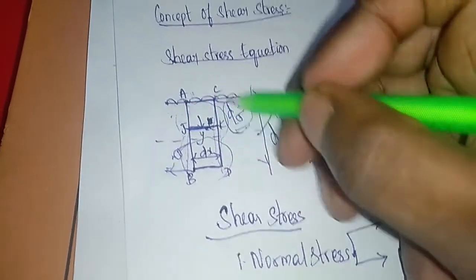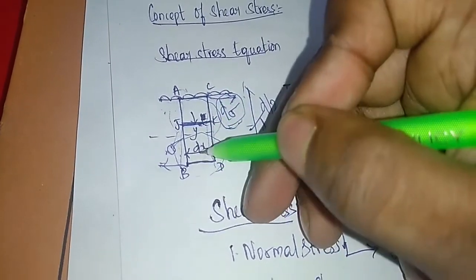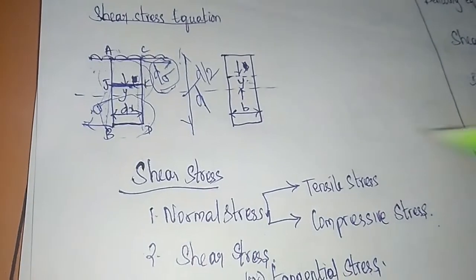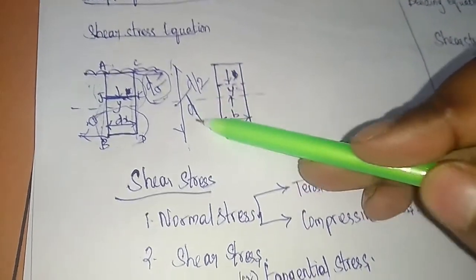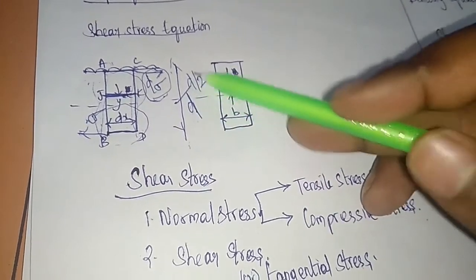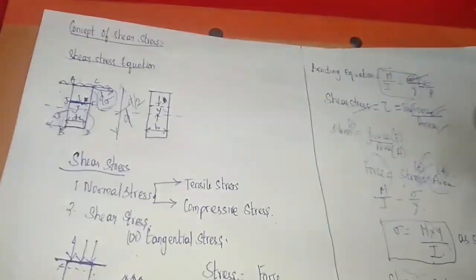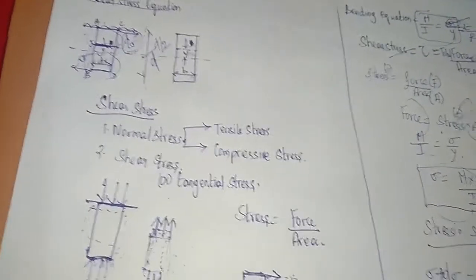So it is enough to find stress in any one, above or below the neutral axis. So we are going to find the stress at the section above the neutral axis. Above the neutral axis, the total height is d, so it will become d by 2. So we are dividing by 2. Okay, we are going to find the shear stress in the one half portion of the particular section. Okay, right.